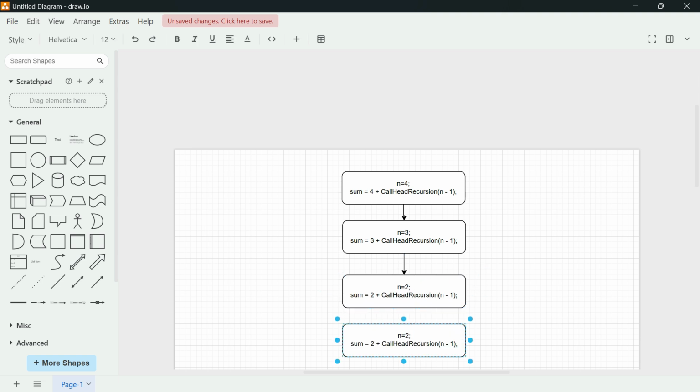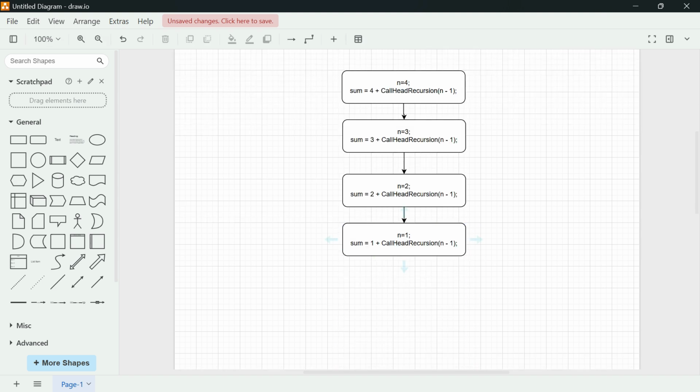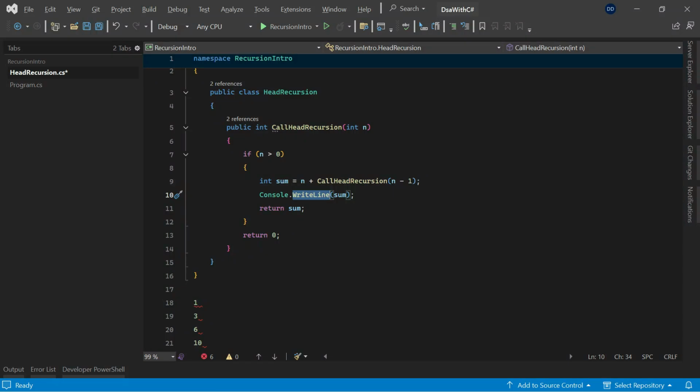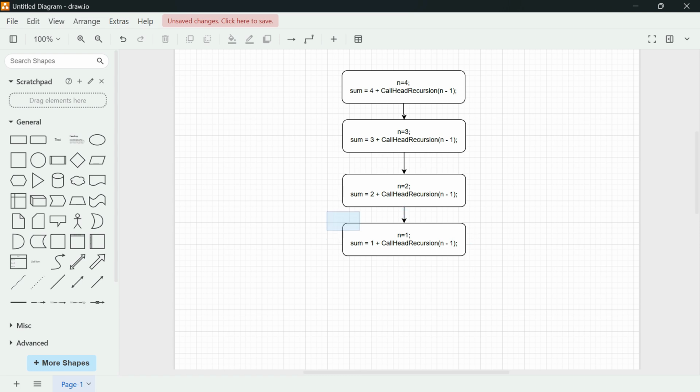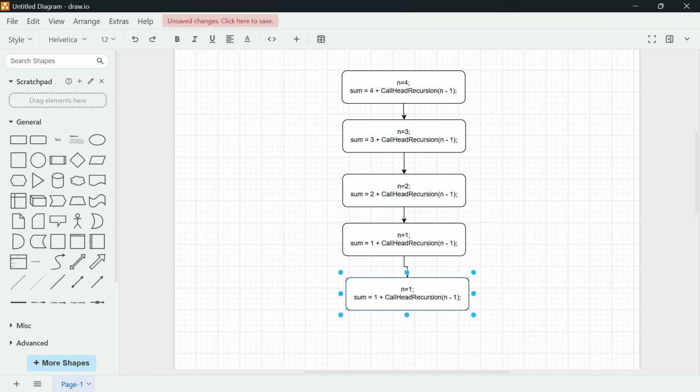This time value of n is 1. n is still greater than 0, so our if condition has not failed yet. We are still going to do one more recursive call. See over here, our if condition is n is greater than 0, and 1 is greater than 0, so we are going to do the recursion call once more. This time our n is 0,